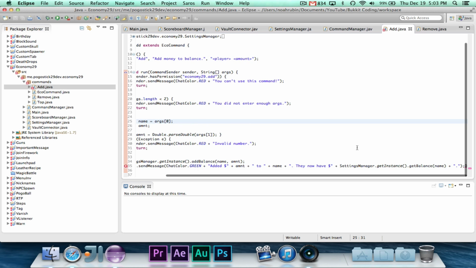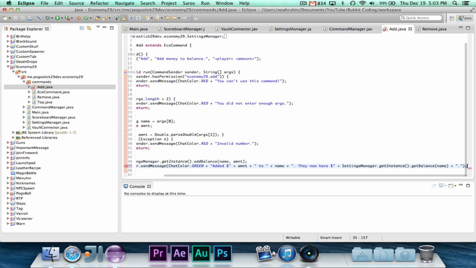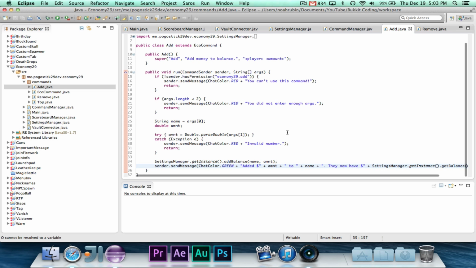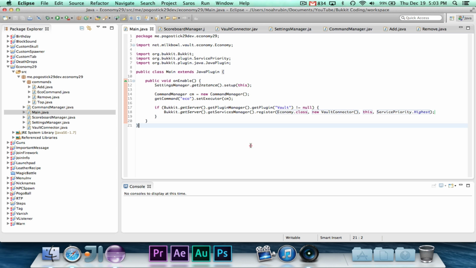We learned how to link our economy plugin with Vault, so Vault can now use your economy plugin.